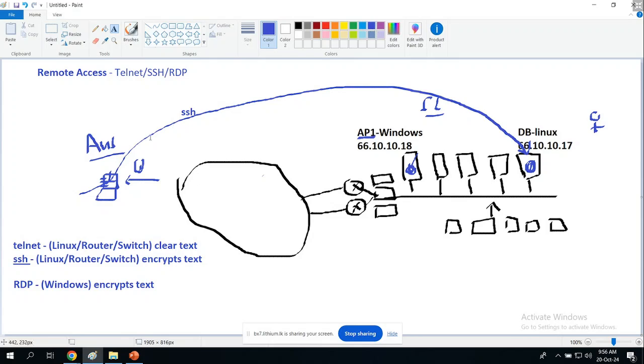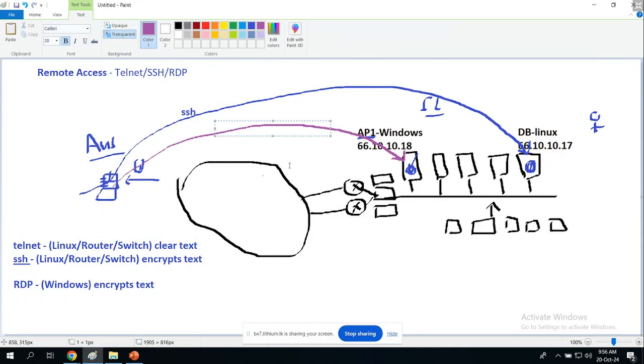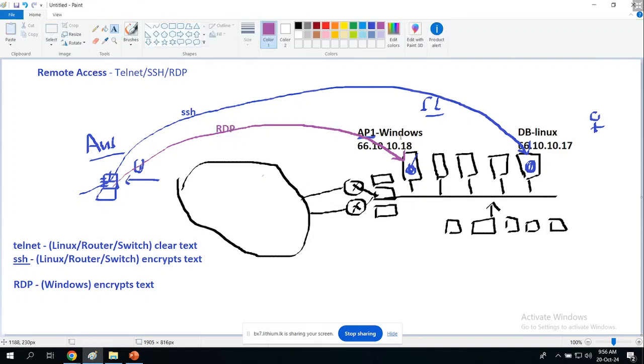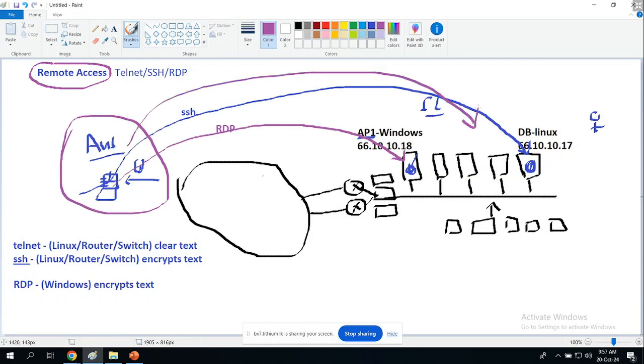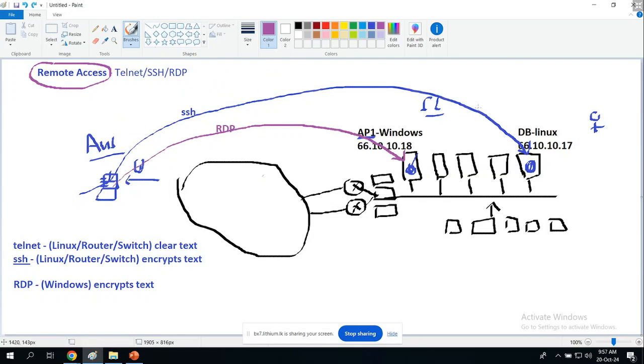Right? So now, you do SSH and connect to the Linux machine. Likewise, you can use RDP and come to this machine. What is that? RDP, and connect to a Windows machine. And the Windows machine's screen comes here, and you can work on it. So that is referred to as remote access. So remotely, you are maybe in Australia, you are connecting to servers in Sri Lanka and configuring and working remotely,